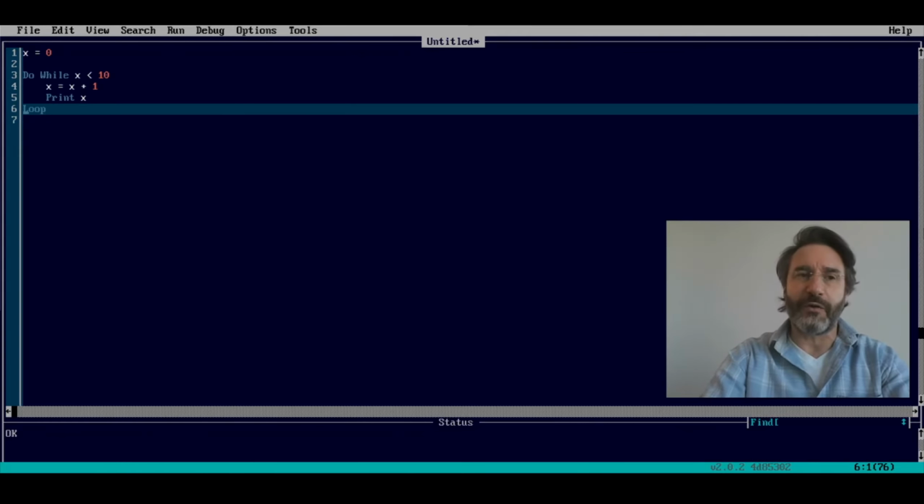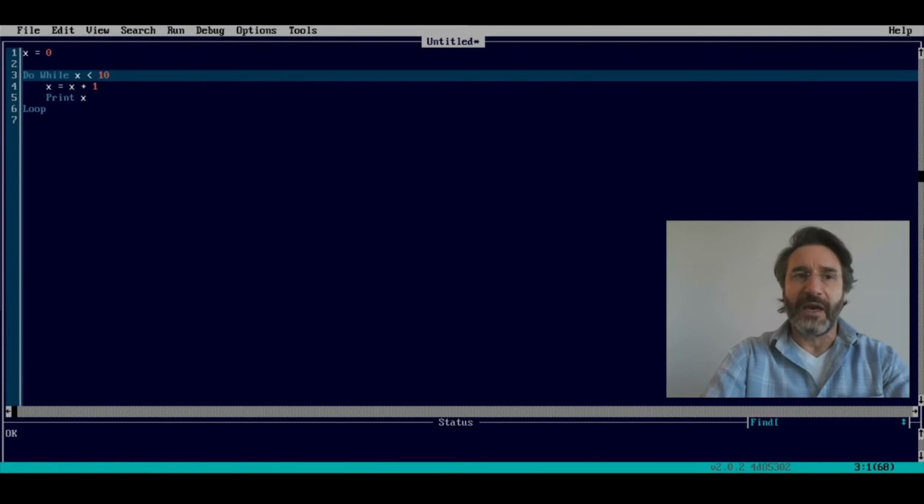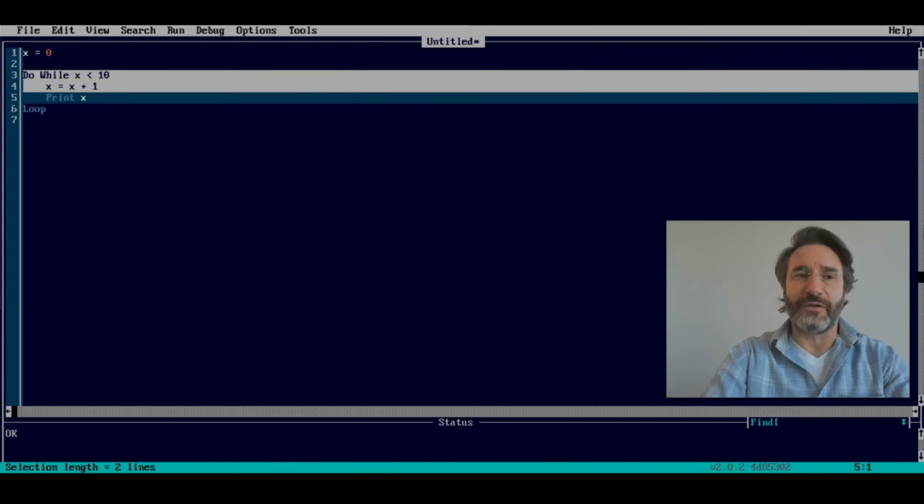So this program is going to behave the following way if we run it. The very first thing it's going to do is assign the value 0 to the variable x, and then we enter this do loop